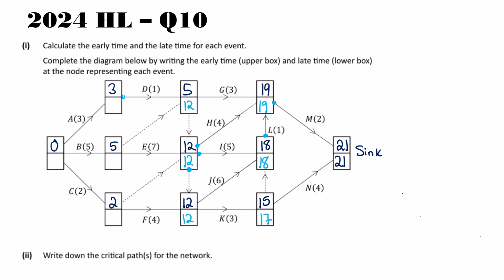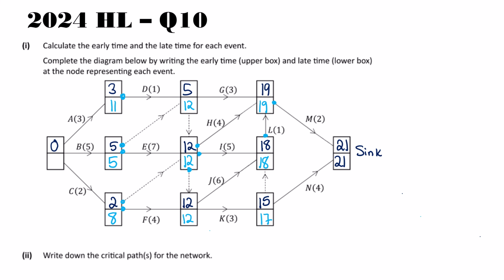So then I can work here because there's only 1 coming back into it. It's going to be 12, take away 1, which gives us the 11. If I look at this node, there are 2 feeding back into it. I have the dummy, which will give me 12, and I have E that will give me 5. So that is 5. And then for this node here, I have 2 feeding back. I have 12 through the dummy, or I have 12 minus 4, which is 8 coming through F, and 8